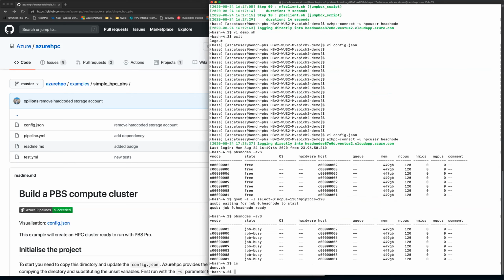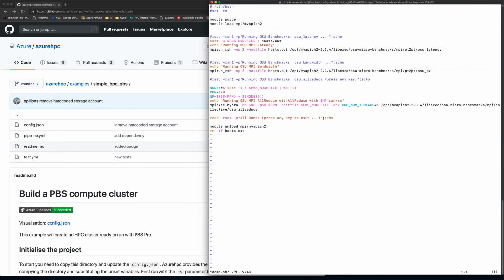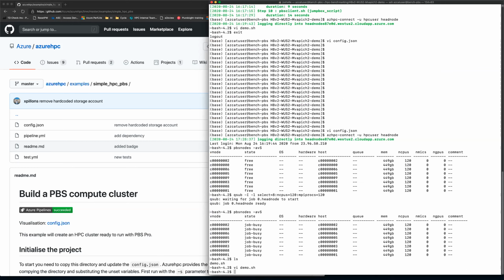Now we have this demo script, which cleans out the environment. We then load MVAPICH2, and then we'll run an OSU latency test using MVAPICH2, followed by a bandwidth test with MVAPICH2, and then at the end we run an all reduce on all 8 nodes with 120 cores to show that performance. So to show that now,